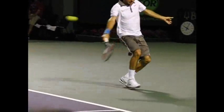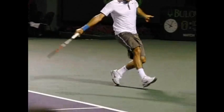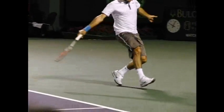his momentum goes away from his hitting. I mean, the arm is going forward, the footwork is going in the direction because his momentum was taking him there. So you don't want to fight your momentum. Let your momentum take you, parallel to the baseline, as your arm is trying to swing forward to the ball